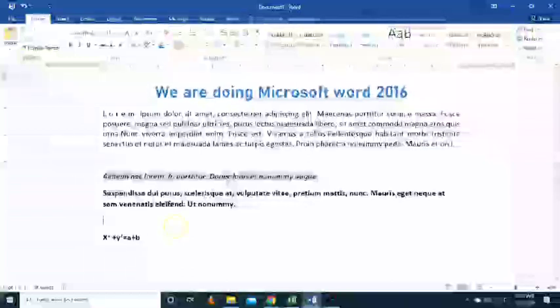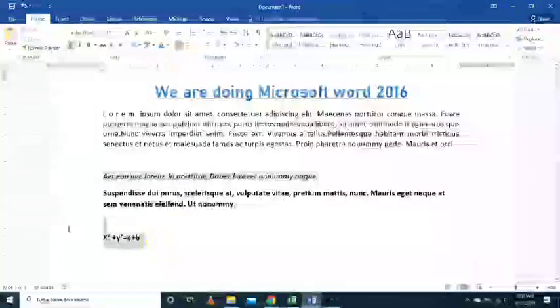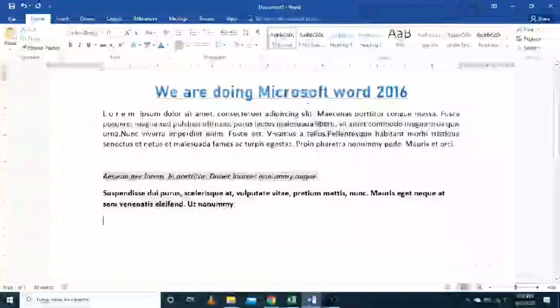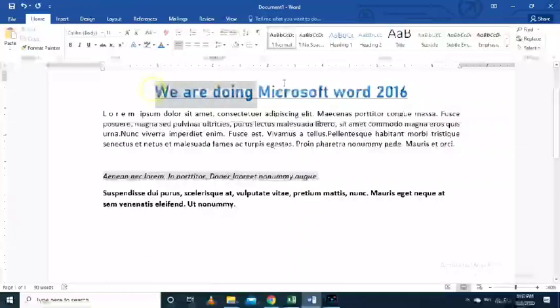Now let's try to know about the change case. What is change case? Suppose you have written something in small letters and you want to change it to capital letters, or you want to change it to title case. Title case means the first letter of each word is capital, or capitalize each word.